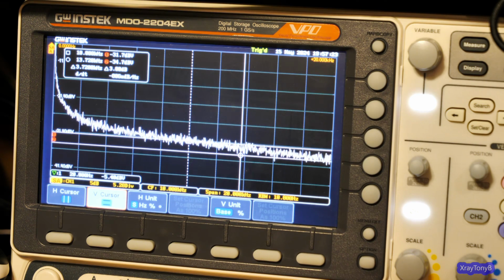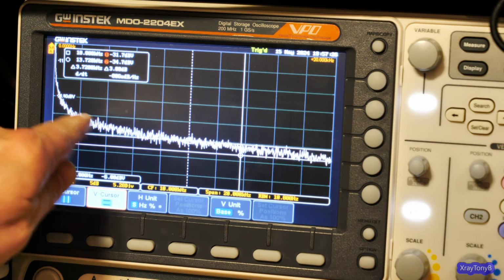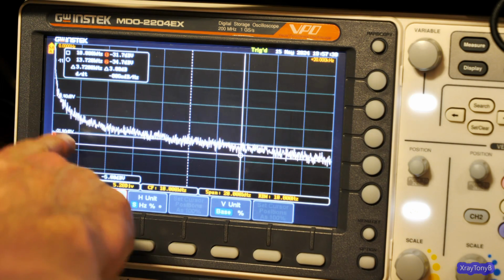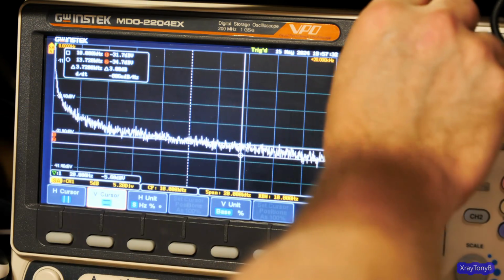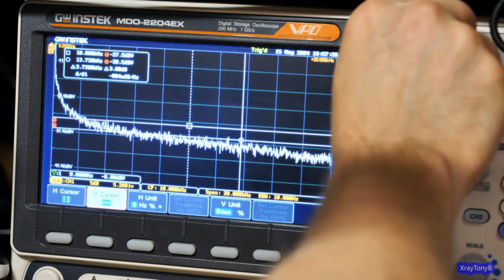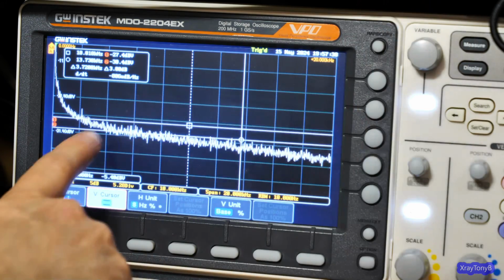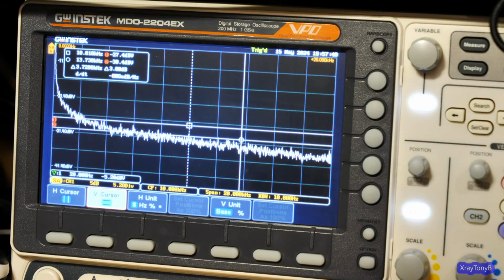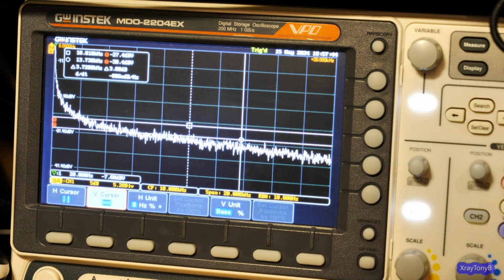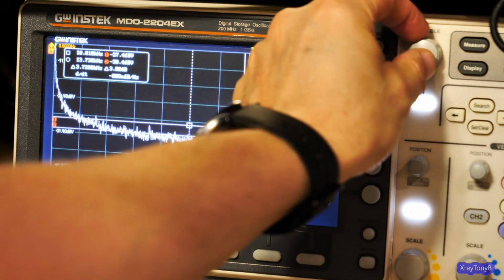Now, what do you think happens here to go from 2 kilohertz to 4 kilohertz? Because that's 1 octave also, right? So let's put this top line right in the middle of 2 kilohertz. There we are. And you can see right at 4 kilohertz, we're pretty close to 3 dB down, roughly. It's not perfect. And remember,